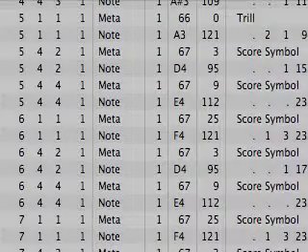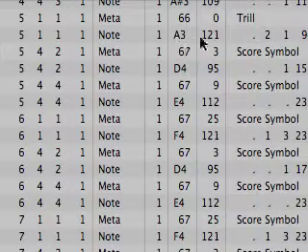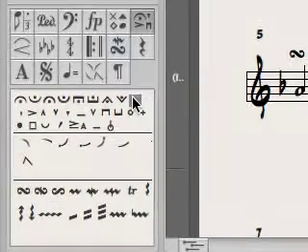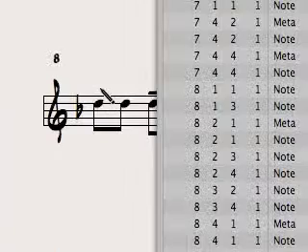In order for symbols to trigger key switches, they need to be listed in the event list as metadata. This works very well for many of the dynamic markings and ornaments, but some symbols which are attached to notes such as staccato, accents, falls, etc. don't normally create meta events.